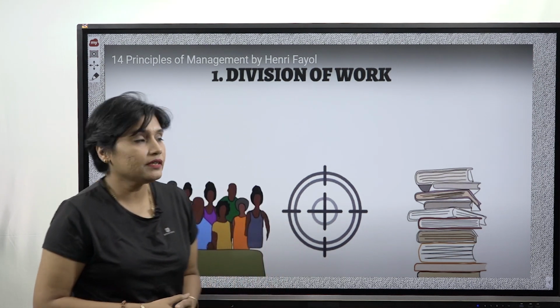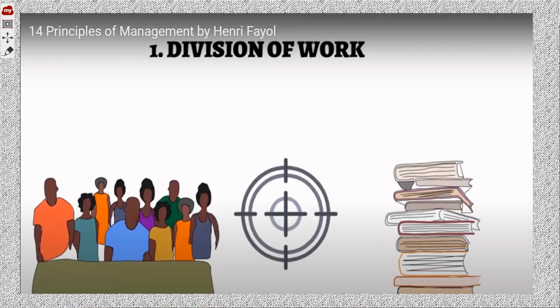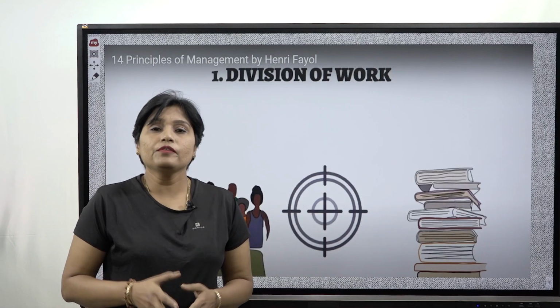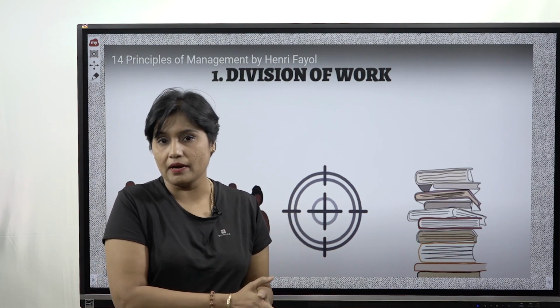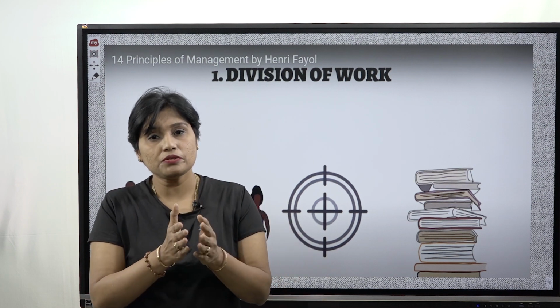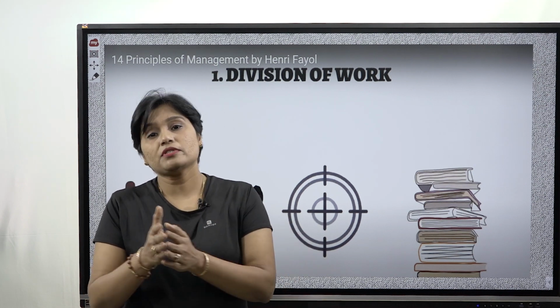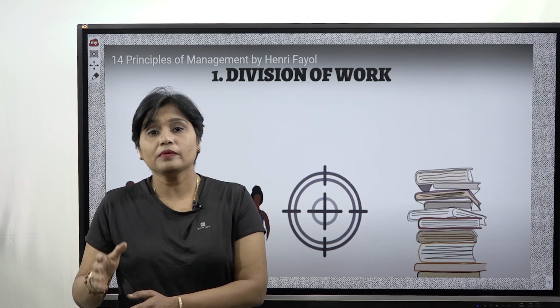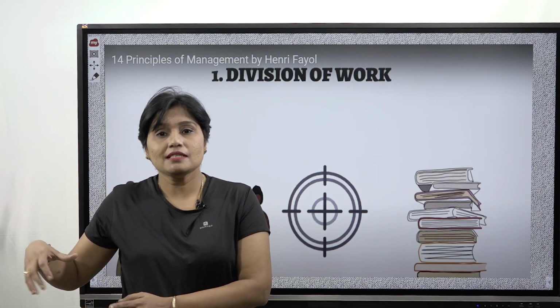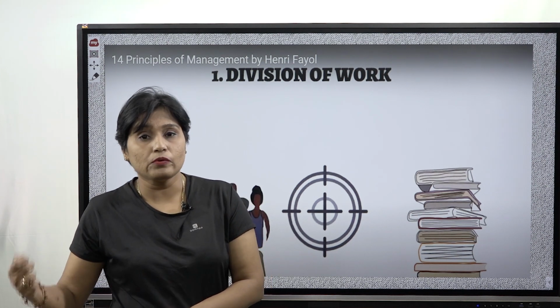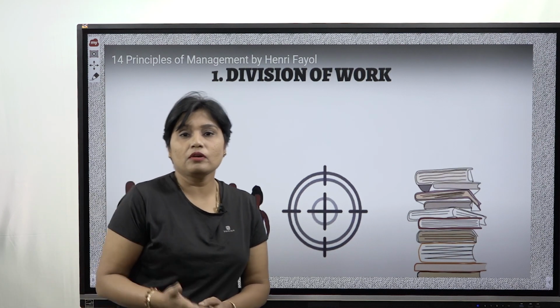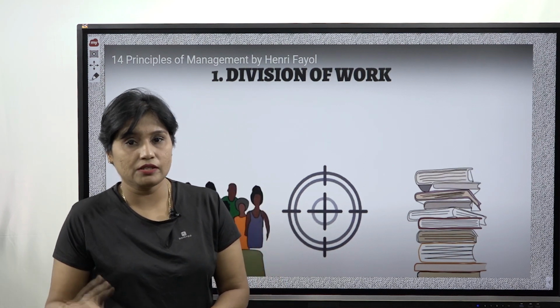Now, the first point given here is division of work. Division of work means the entire work of the organization is divided into smaller units. For example, if you take a textile industry, you will have cotton which will be stored in the stores department, and that cotton will be processed into threads, and those threads will be processed into cloth, and that cloth will be dyed, in the sense color will be added, and then it will be ironed, and then it will be packed in the form of rolls. Packing in rolls means you can normally find shirt materials which are packed in rolls.